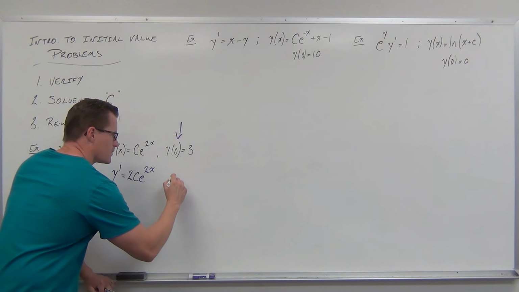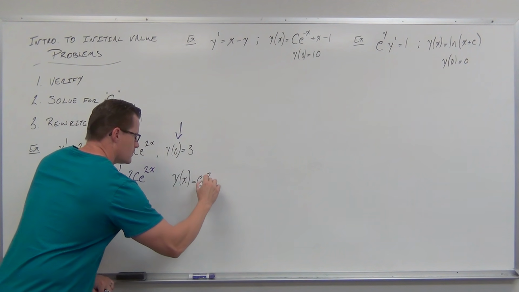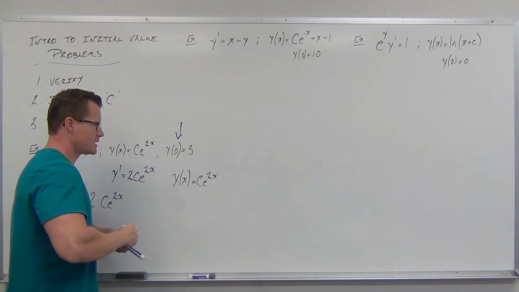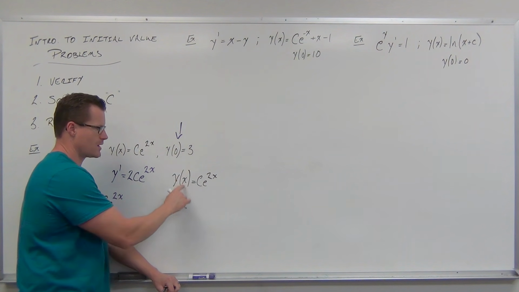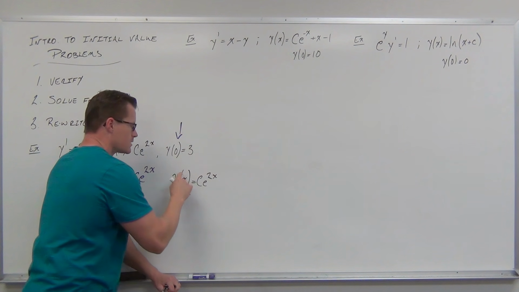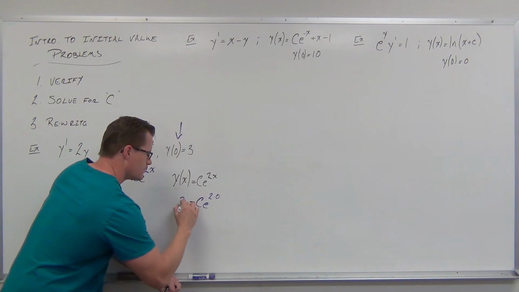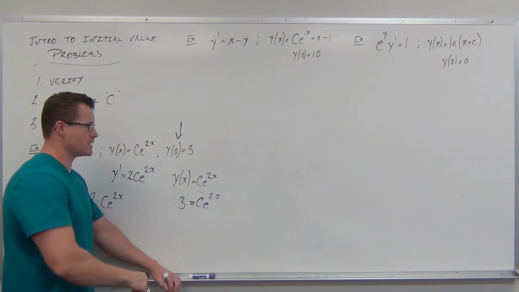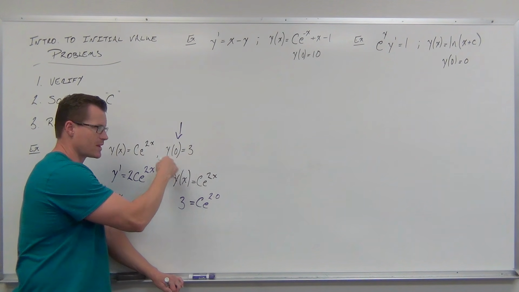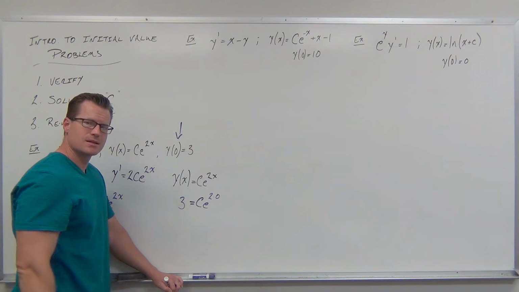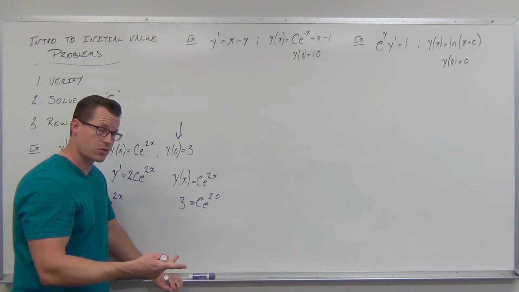I'm going to start you off here. Let's replace x. It even shows us what this is. It says if you put in 0 for x, it's going to be equal to 3. That's what that means. Replace the x with this number, replace the y with this number. That's exactly what that means to do. And that allows us to solve for C. Since we replace all the x's with 0 and all the y's with 3,